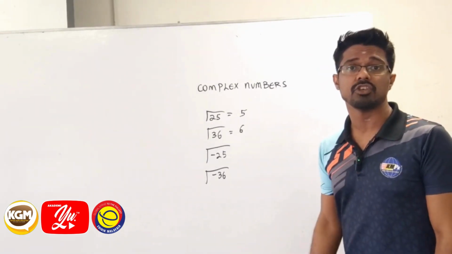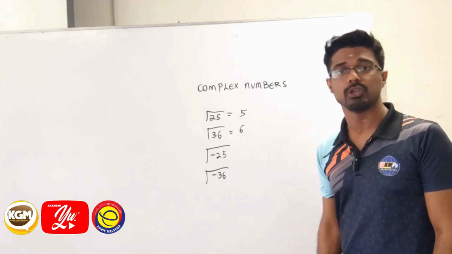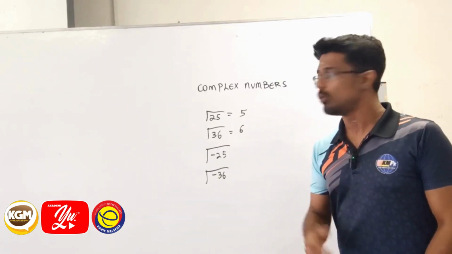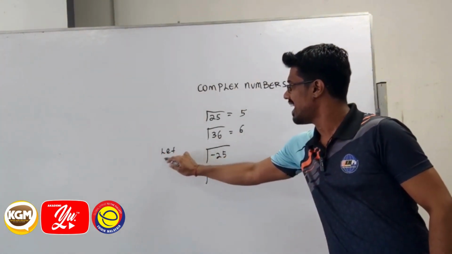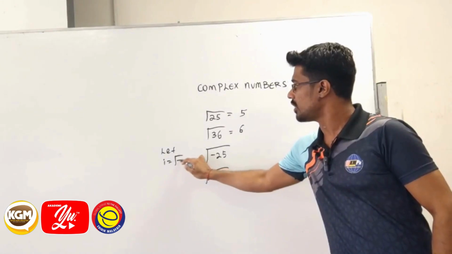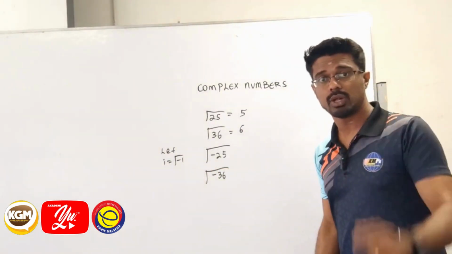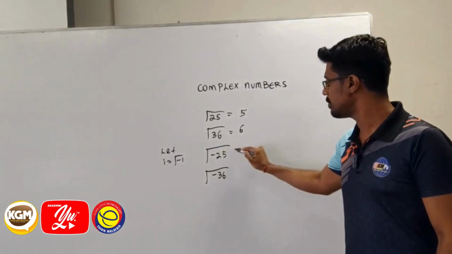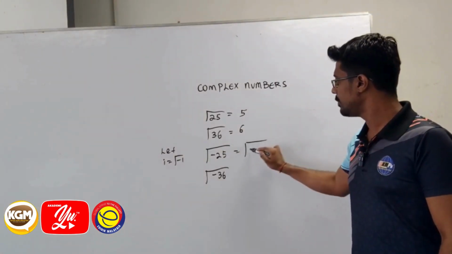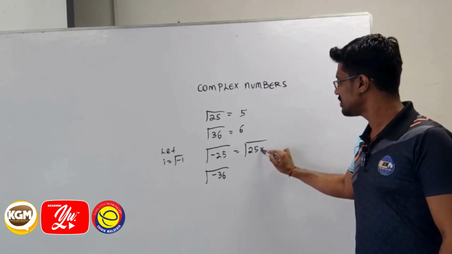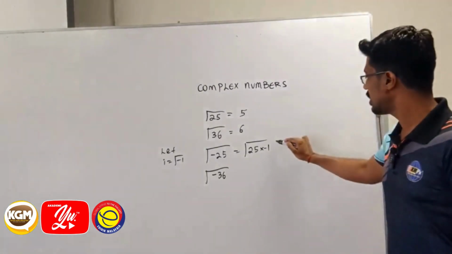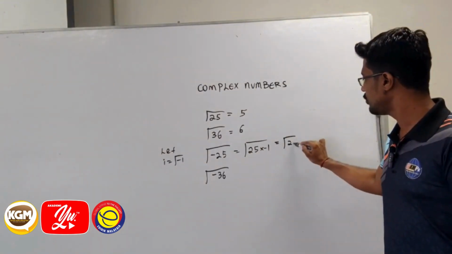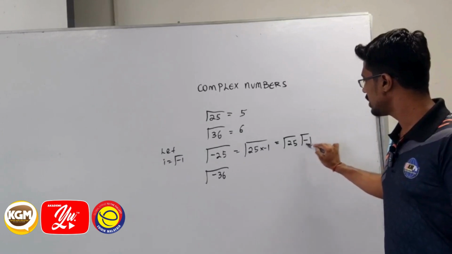But remember, we are mathematicians, so for each problem we try to come up with a solution. So what do mathematicians do? They introduce something. They said let i to be square root of negative 1. So that will help us, we can break this, become 25 times negative 1. Based on the property of surd, I can break this up. Square root 25, square root negative 1, that's